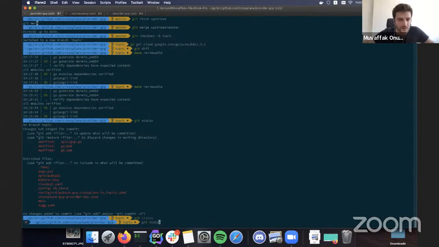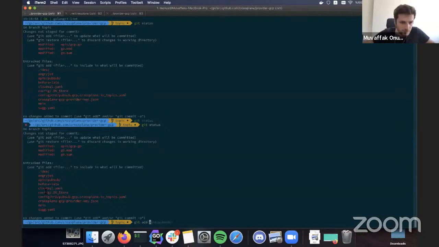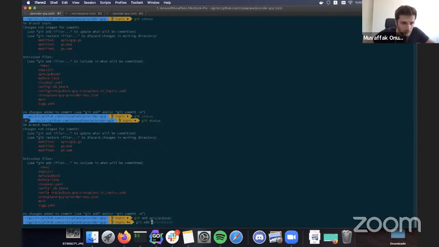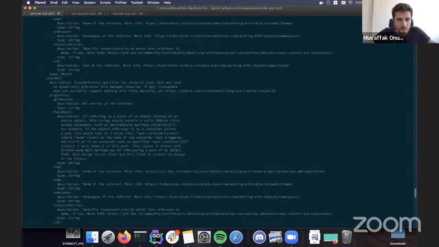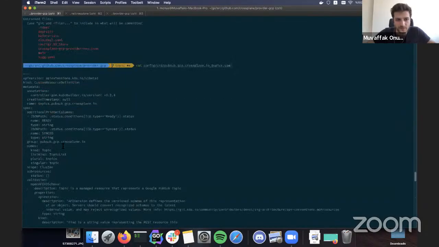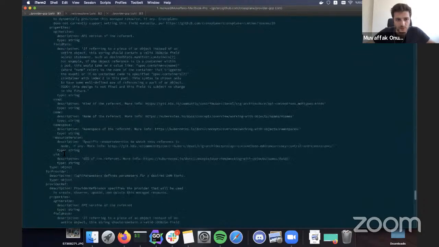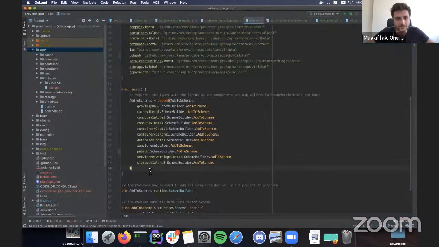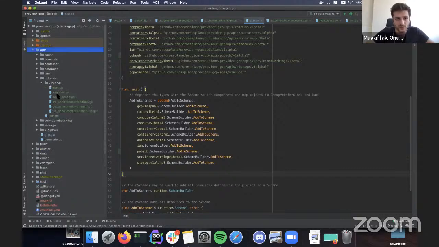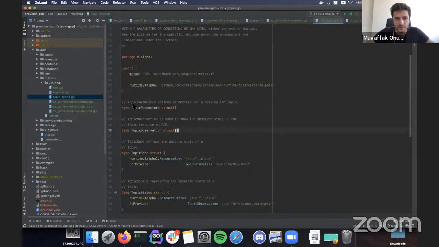Okay, so as you see, we've got a few new files here. This CRD is actually generated here. It's a long one, and you will probably never need to look at it, except for documentation reasons. You can just go to CRDs dev and see how it's structured. But for now, it's just empty because we didn't define any parameters or observations.